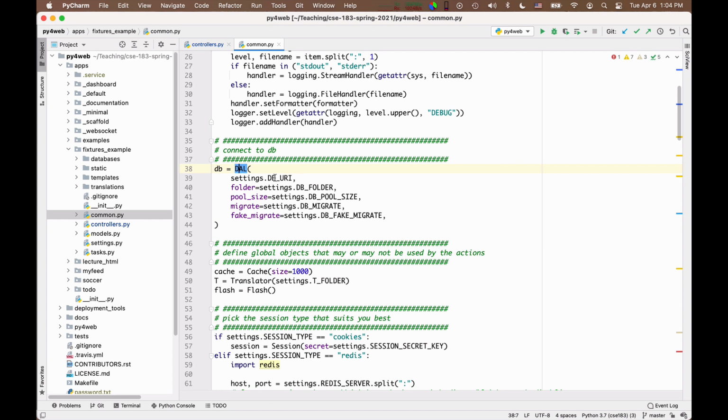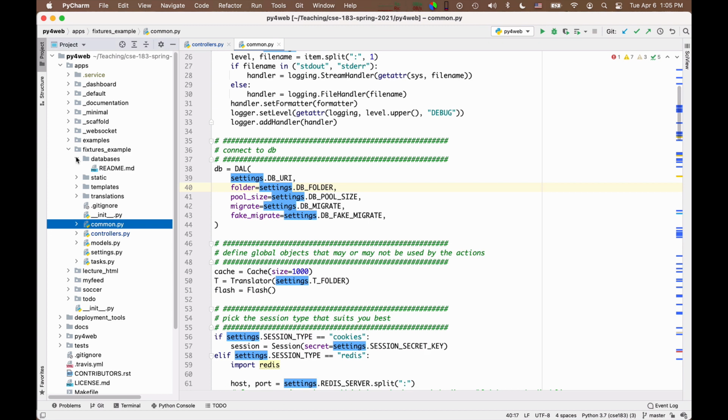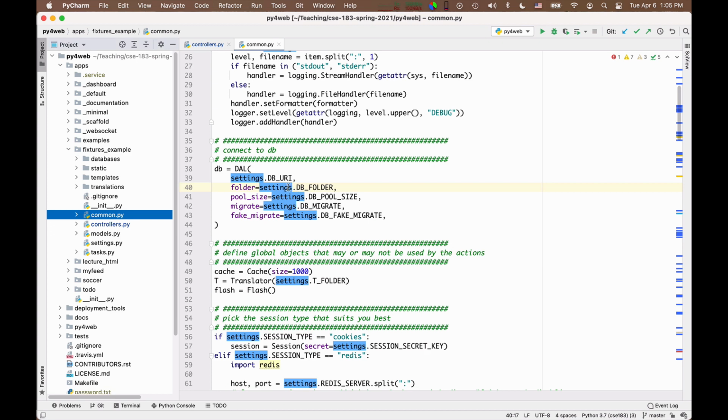One is the database URI. This is essentially an indication of both what the type of the database is and also the location of the database in terms of how to connect to it via the network. This folder is used in case I use a local folder. The database that we are going to use for development will have a database URI that will simply say SQLite, and the folder would simply be this database folder, where in the end these files end up for the database, because it's a local experimentation database.